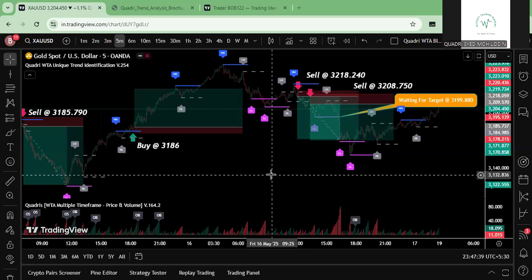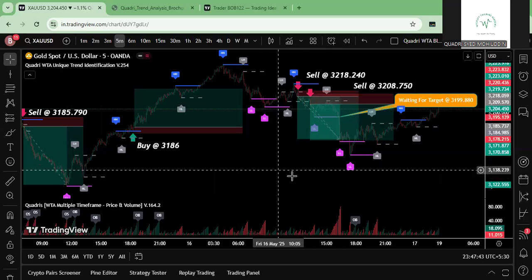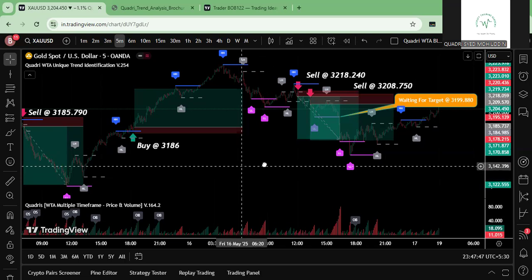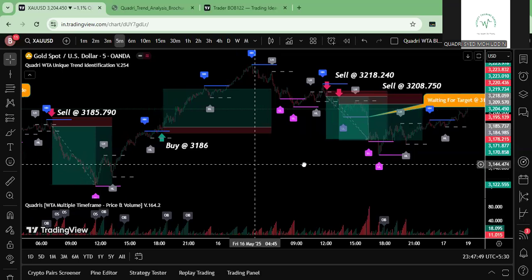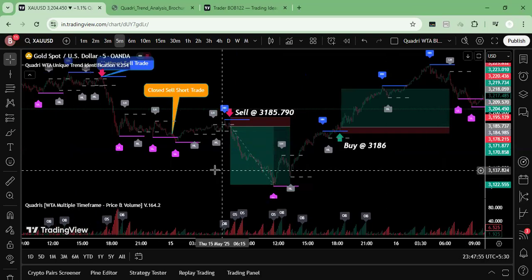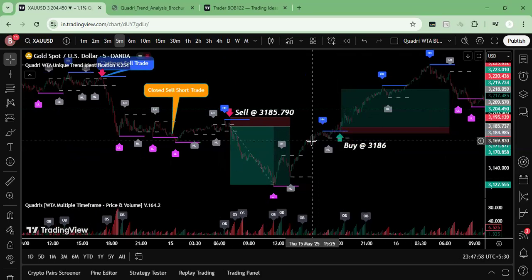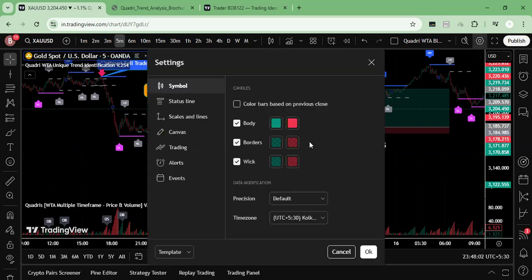This session is purely for the discussion of my WTA trend identification, unique trend identification tool or indicator, you can call it. So in this particular session, we are going to discuss the indicator wherein